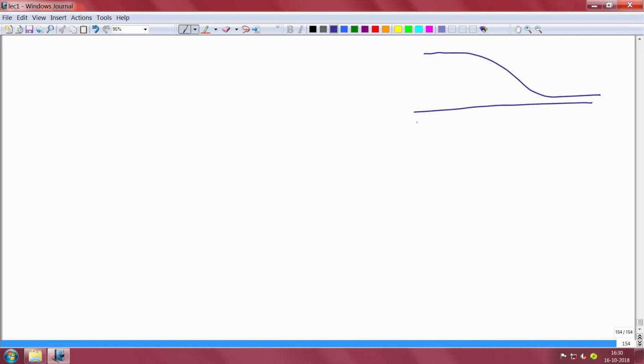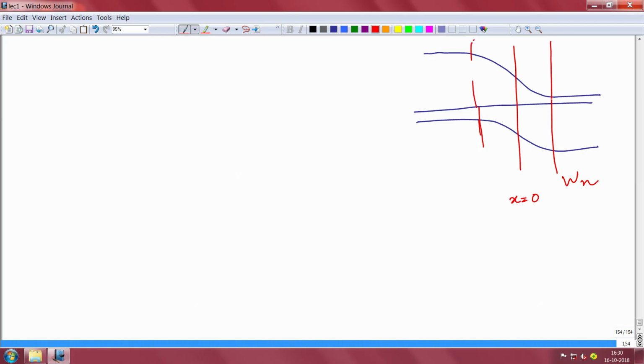So this is the thing. Okay, so I told you that this is your, say, junction, x equal to 0. We are going to concentrate on this part, which is x equal to 0 to x equal to Wn. So it's the depletion on the n side. Okay, the field exists in this region, also until this region, but we will consider only up to this region.